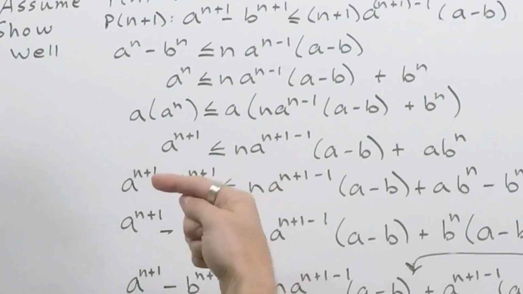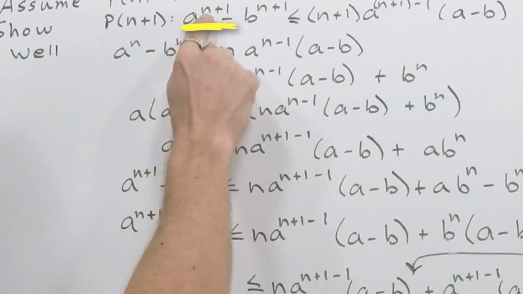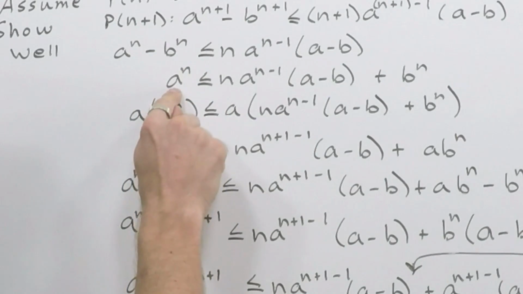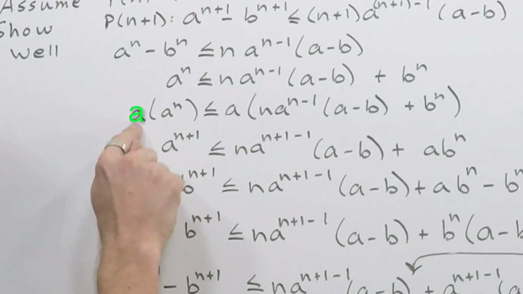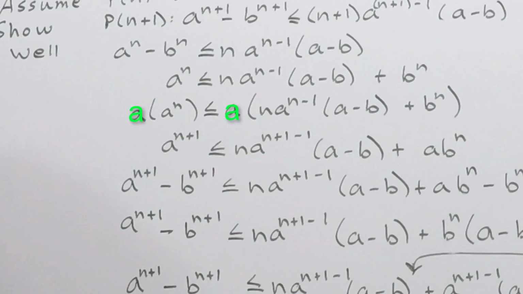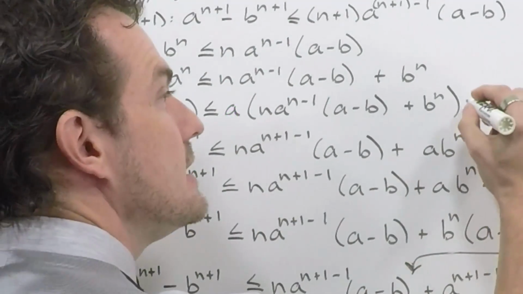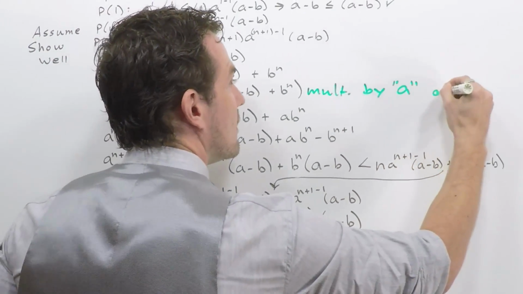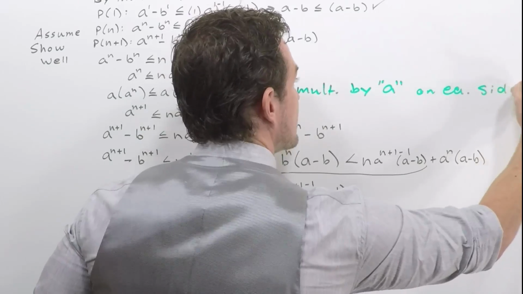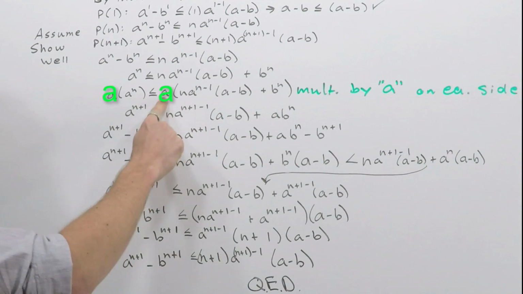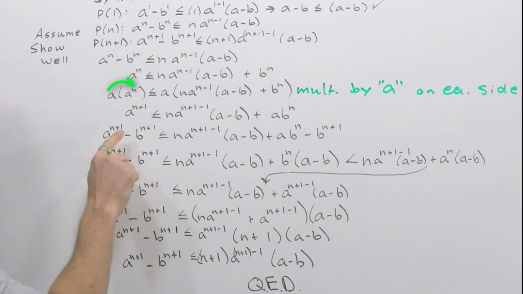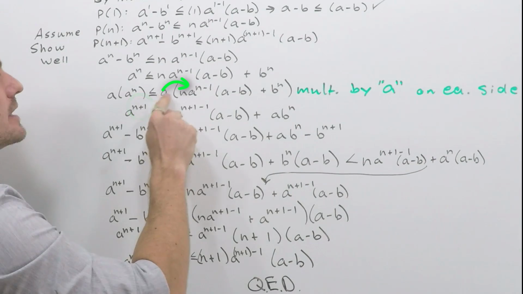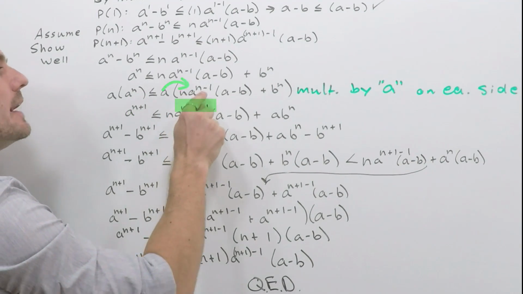After that, on the left side, we needed to get a to the n plus 1 in our n plus 1 case. So in order to make this an a to the n plus 1, we need to multiply by an a. But if we do it over here, we've got to do it on the right side as well. So the step that we're using here is simply to multiply by a on each side. So we have an a here and an a here. When the a gets distributed onto each one, we get a to the n plus 1 on the left. And then on the right, be careful, it'll give us a to the n plus 1,